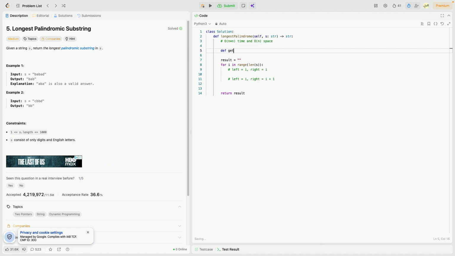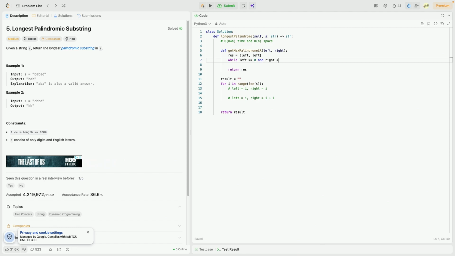Get max palindrome from left and right pointers. We're going to feed it a left and a right pointer. Now what we're going to do is, well, we have a little result here as well. And initially it's just going to contain the left and right pointers. And at the end we're going to return this. Now we add a loop for our expansion. While left is larger or equal to 0, and right is smaller than the length of the string. Only then we can compare